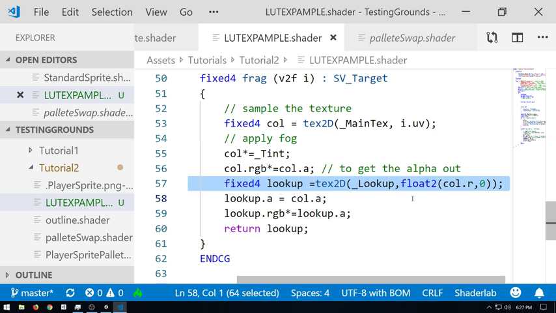Yes, Dick. You're setting lookup to be the color inside of the underscore lookup texture at position col.r, 0. Exactly. That's literally exactly what it is. Because our value on the y is essentially one pixel long, I just say 0 because hey, it's the first index. And then we're saying col.r, so that returns us a value from 0 to 255 because hey, colors are 0 to 255.